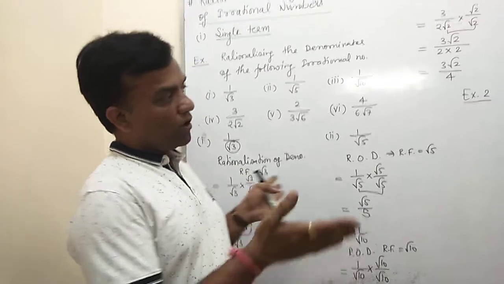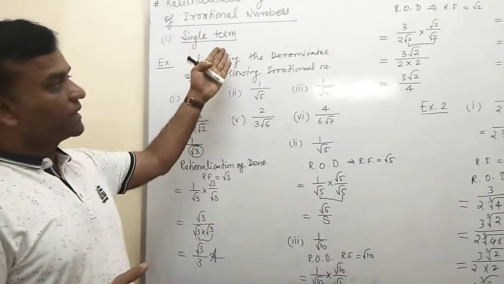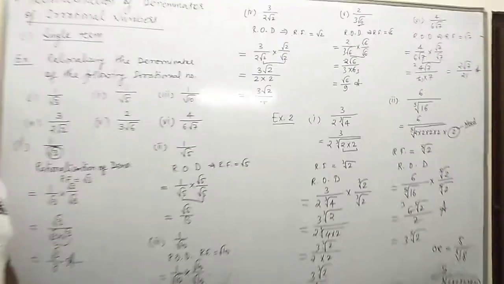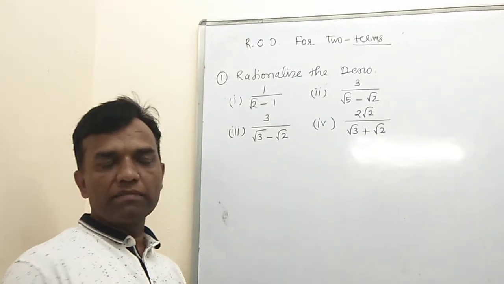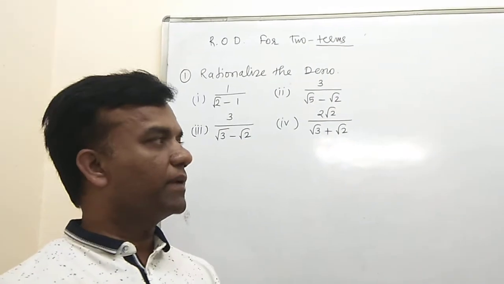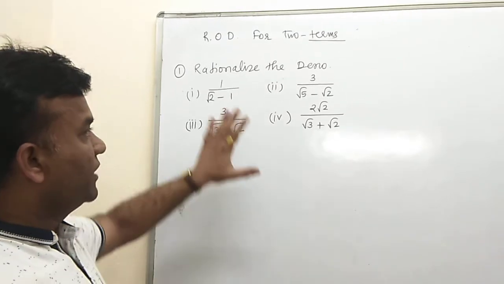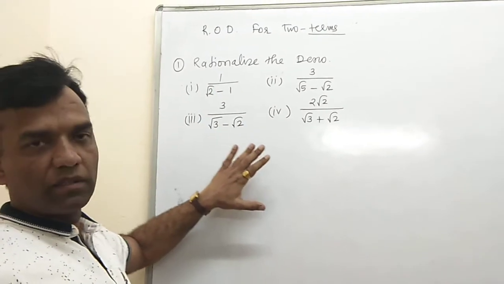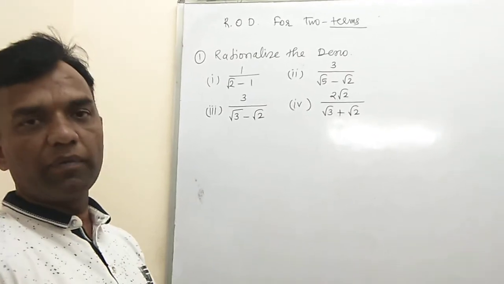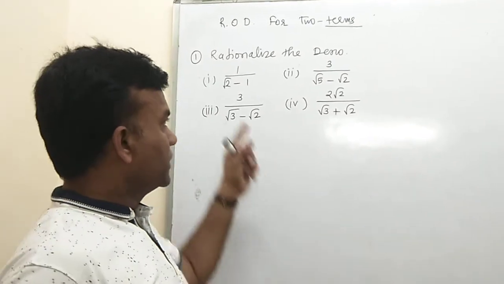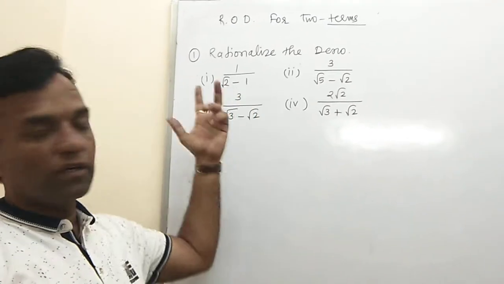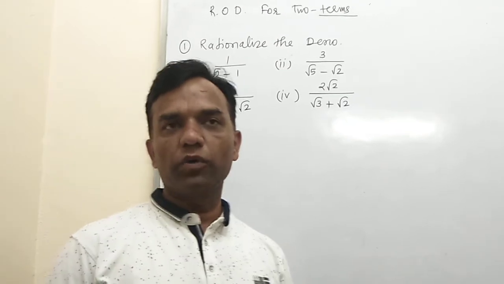So now these all examples they are related with the single term, and now we have another example like they are related with the double term. Okay, now here we discuss about the rationalization of denominator for two terms, because previously we discussed about the single term, and now the concept of two terms are given in the denominator, then how you rationalization depend on its sign, because two terms are given here, and one concept is important for two terms.